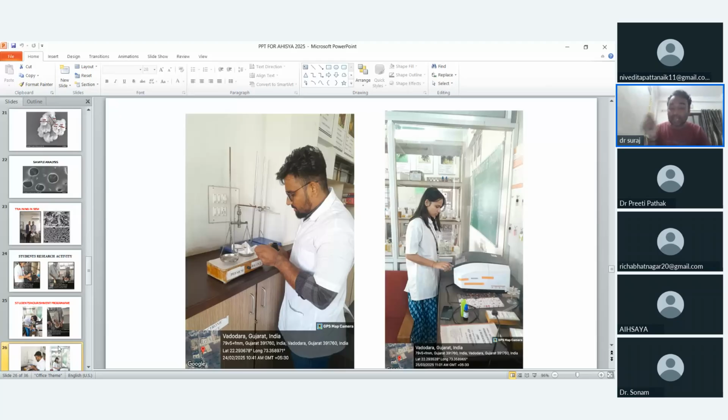That's why in pharmacology, there are two branches: pharmacodynamics and pharmacokinetics. What is pharmacodynamics? What the drug does to the body. And what is pharmacokinetics? What the body does to the drug, that is, the response of the body against the drug. So ultimately we have no PD and PK model. It is again a question mark.